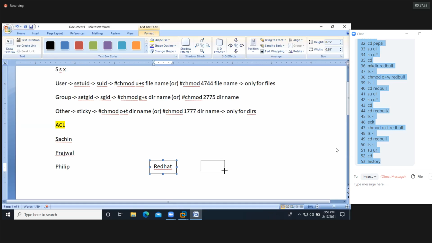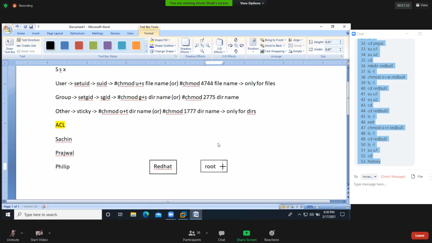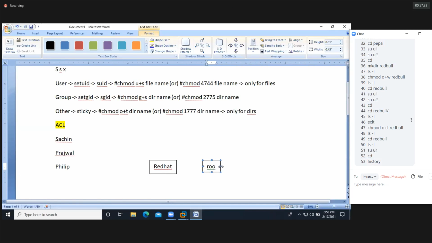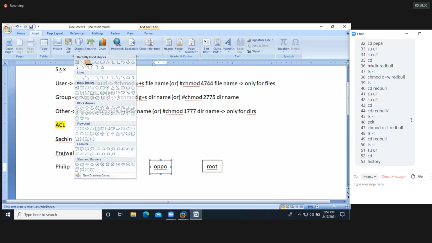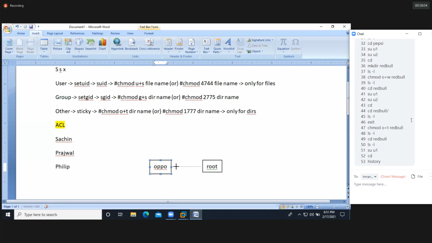Who created this directory called Red Hat? Okay, Sachin gave Oppo. I'll rename this directory as Oppo, instead of Red Hat. Every day we use the same names, Red Hat, RHGL, and all that. We'll change the names, okay?